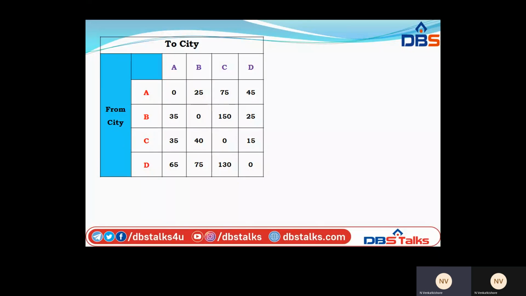So the Hungarian method. If you see here, the problem will look like this. Firstly, we need to choose what the from cities are. We always need to write the from cities.